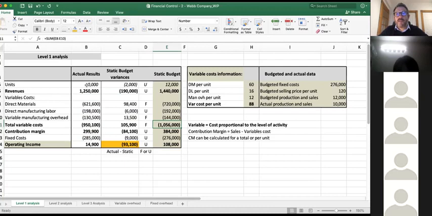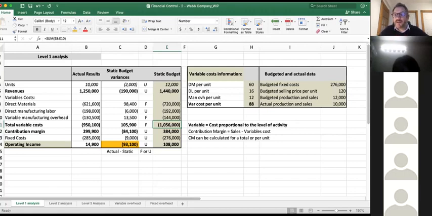The only difference is that on one hand, we have some actual information, so an information that really happened. And on the other hand, we have a budgeted information, so something we planned. So that's why I was asking if it was a question of timing, because yes, there is a timing issue, of course, because the budget is made before, actual is made after. So that's why we can have some difference. But we could still compare them, except if, as Hang was saying,